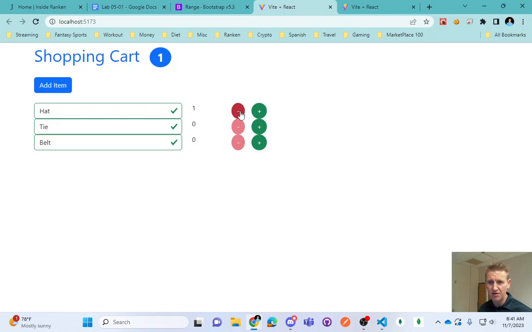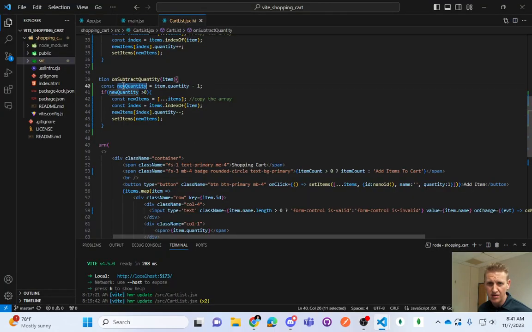Because here, I say item quantity minus 1, and if it's greater than 0, so new quantity, so again, if you go from 1 and you subtract 1, that new quantity becomes 0. Is 0 greater than 0 is false. Maybe this doesn't break, because now what I need to do,